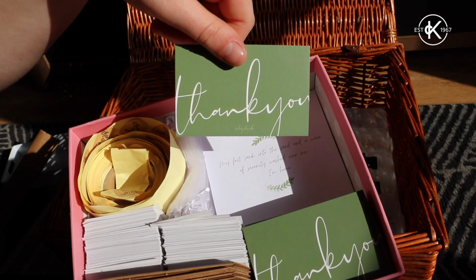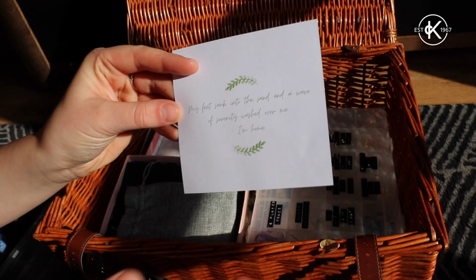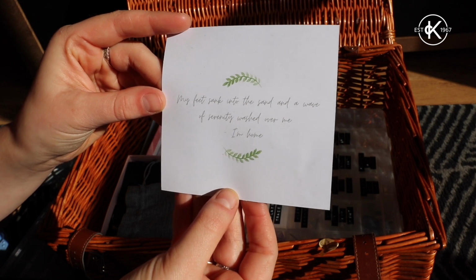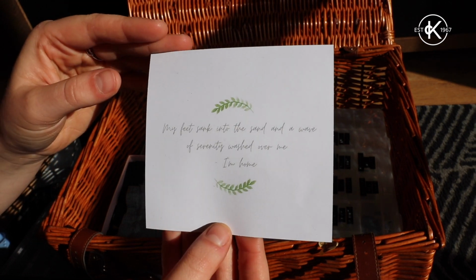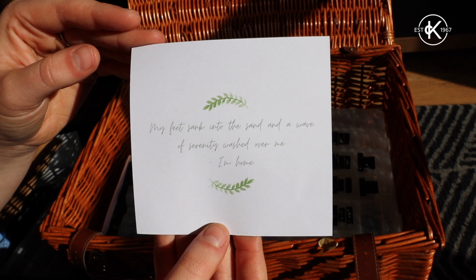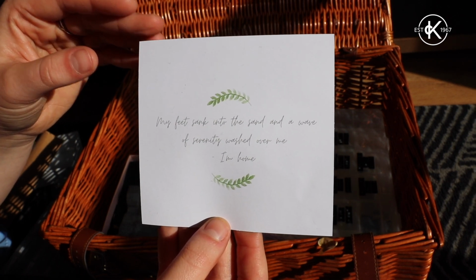Got little thank you cards which I feature in there, and then I have a little quote here which is what I put in with the package, which says, "My feet sank into the sand and a wave of serenity washed over me. I'm home." And this is a quote that I kind of made up myself, to be honest. Just the feeling I get when I go sea glass hunting, and I know that when people receive my orders, if they want a bit of Cornwall or Cornwall brings them some sort of peace,